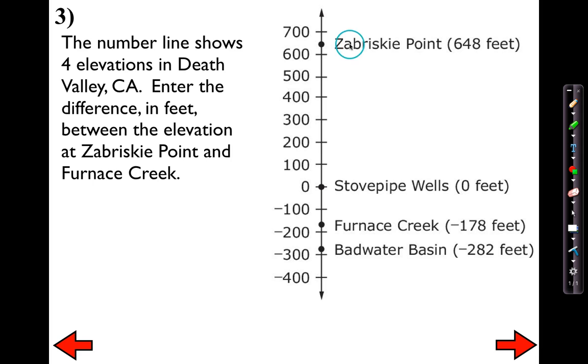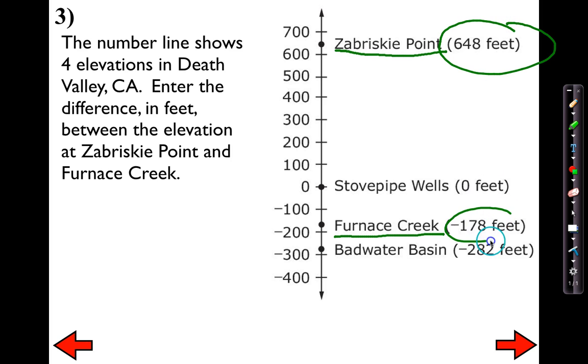Okay, so let's see. They want to know how far it is from Zabriskie Point to Furnace Creek. They did give us extra information, but reading the instructions gives us a clear indication of what our focus should be on. Well, Zabriskie Point is 648 feet and Furnace Creek is -178. So what could we do to find the distance between these two different elevations? Well, I can simply take the absolute value of the difference between the two. I'm going to go ahead and use Zabriskie first since it's the first one that was mentioned, which is 648. We're going to find the difference, so we're going to subtract Furnace Creek, which is